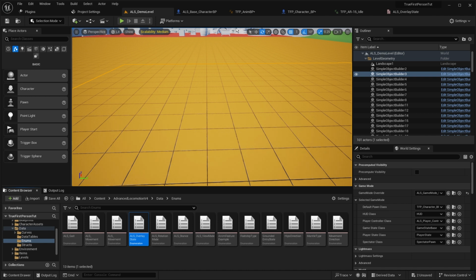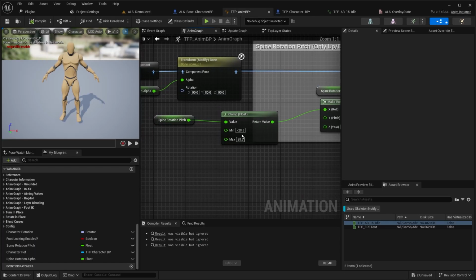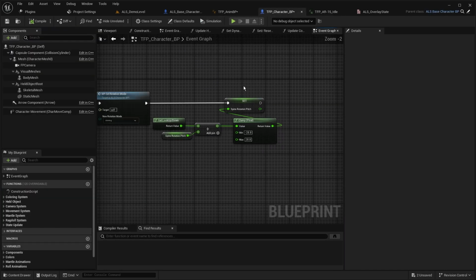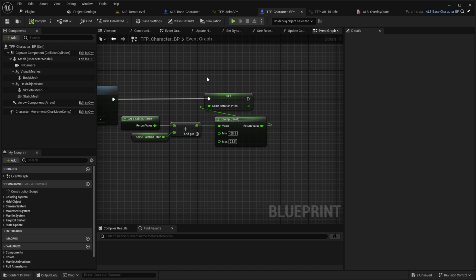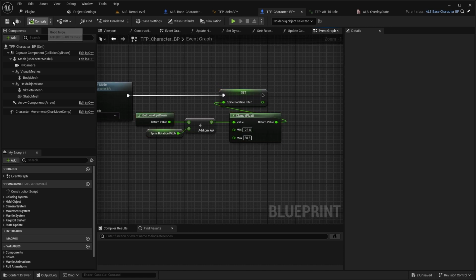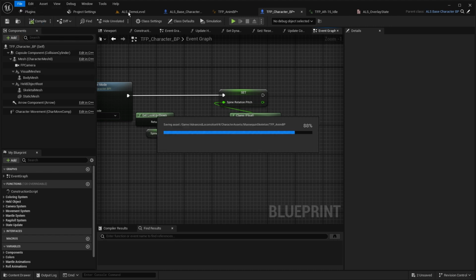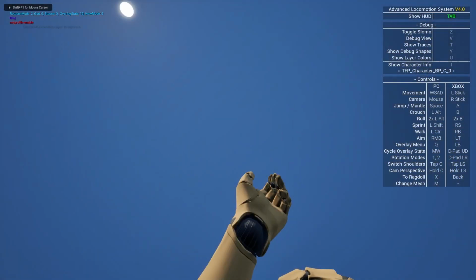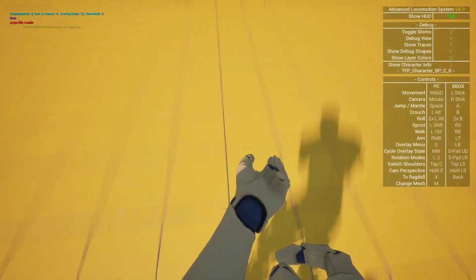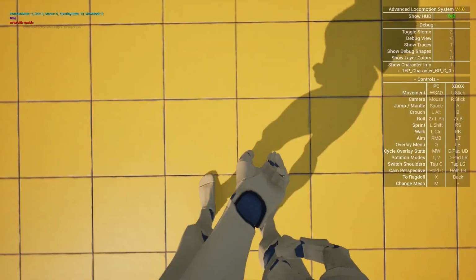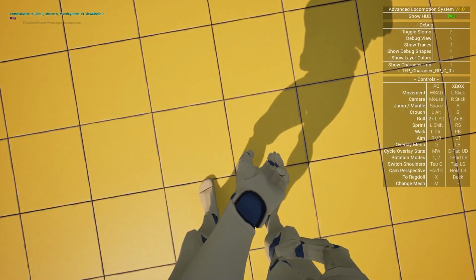Okay, so I tried a little bit, and now the right values for our clamp are minus 28.8 and 28.8 for the max, and also in our character, in our variable event here, the clamp is also the same. So let's save everything, and now you can see that is nice. You can see it's a little bit moving down when we look up, but that is no